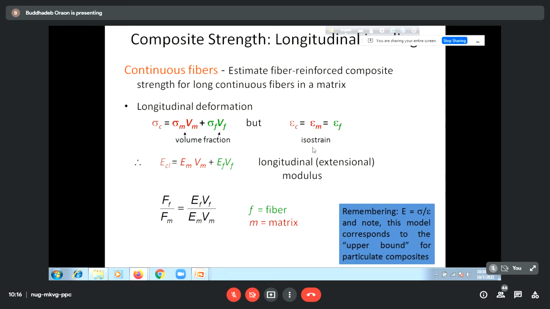Because if you just see the derivation, you can understand how this becomes the strain in these three ingredients. Say we are considering the overall composite, the matrix and the fiber, the strains are equal. So when you are considering this and following some equations, you can come to this equation, which is called sigma c. Sigma c indicates the composite stress. That means the stress that the composite can bear.